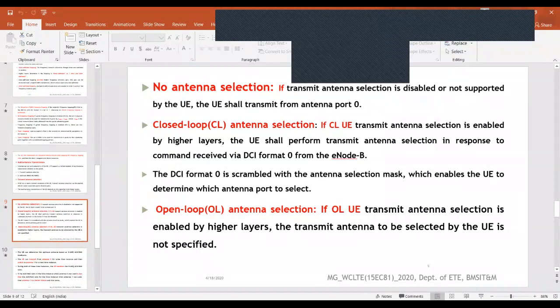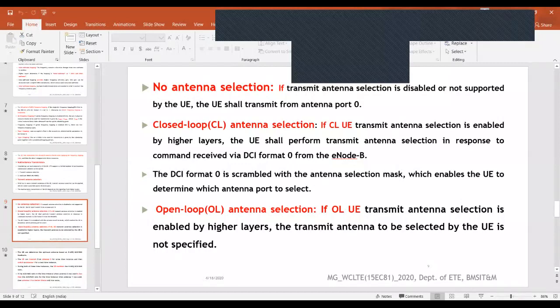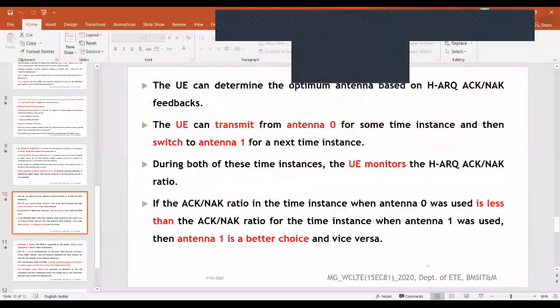Next is open loop antenna selection. If open loop user equipment antenna selection is enabled by higher layers, the transmit antenna selected by the user equipment is not specified, because here there is no feedback to the eNB.